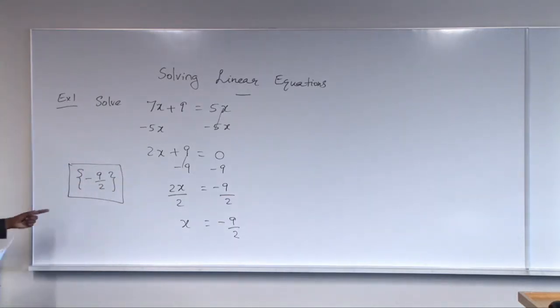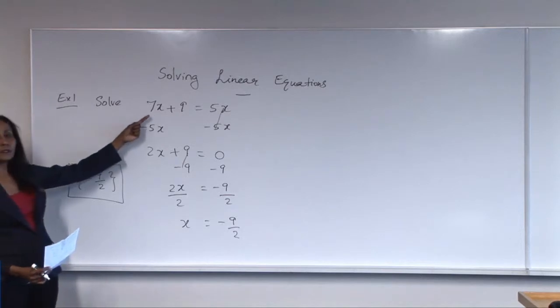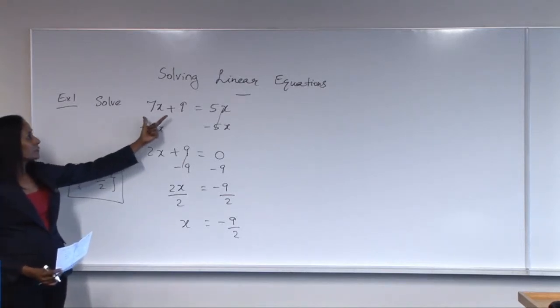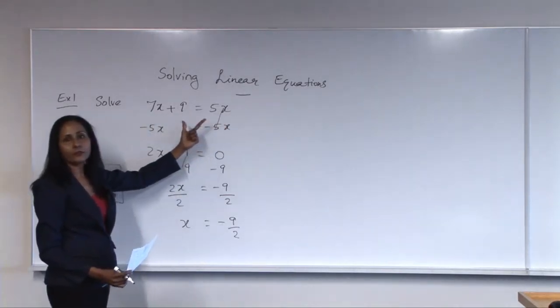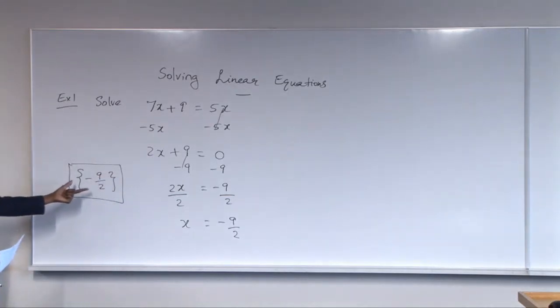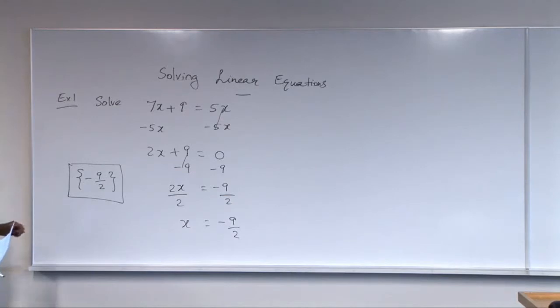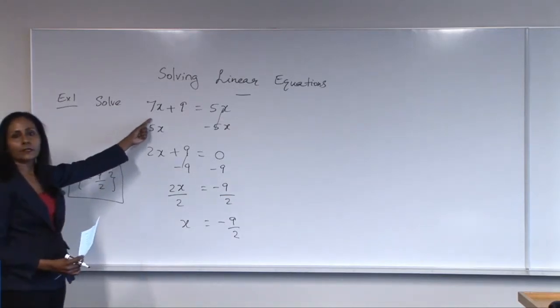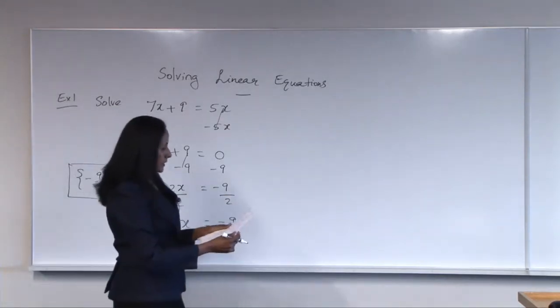And you can always check whether you got the correct solution by plugging this value back into the main equation to see both sides are equal to each other. Then you can know that this is the correct solution. So this is how you solve a linear equation like this. And then example number 2,